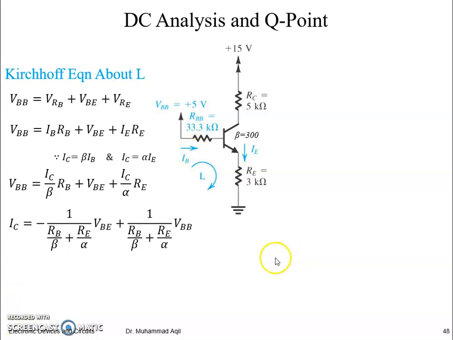Because we are using it for amplification, whoever has designed this circuit must have considered this VBE at 0.7 or nearby it. So we can take VBE equal to 0.7. So we already know all other parameters, and we can find IC equal to 1.38. So what we already know are VBE and IC. Can we find other parameters in this loop, especially the voltages of the three terminals of this transistor and the currents? So let's